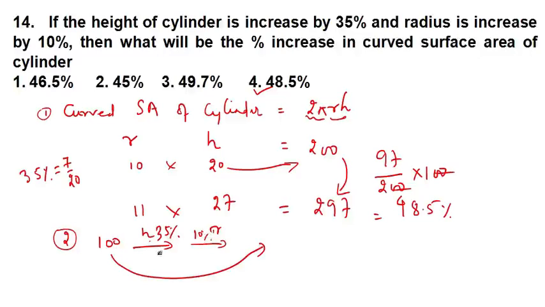So from 100, if I increase 35%, it means 135. If I increase 10% on 135, it will be 148.5. Okay. So what is the increase? See, increase is clearly 48.5% again. Now this increase and all, please do by yourself. I have already told you how to solve when 10% is increased on 135. Okay, I hope now this level of understanding you must be having.